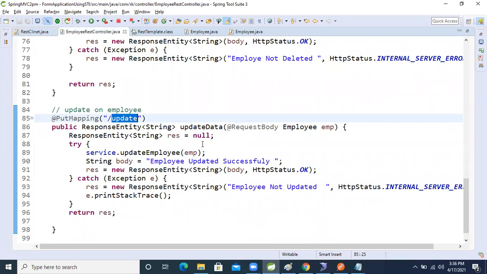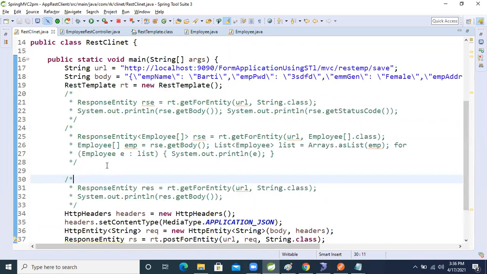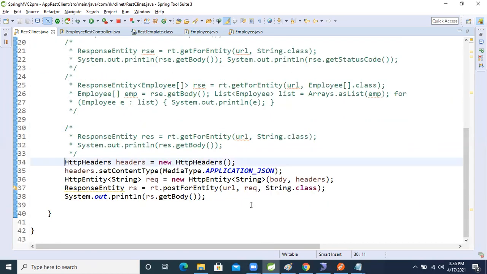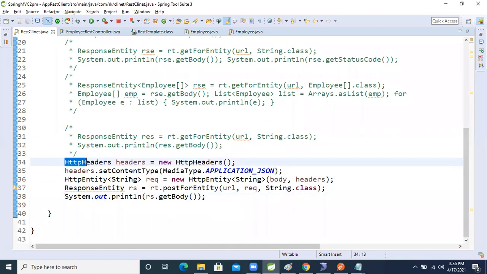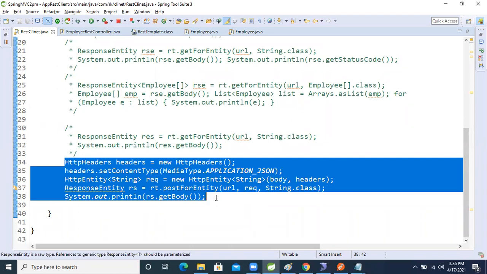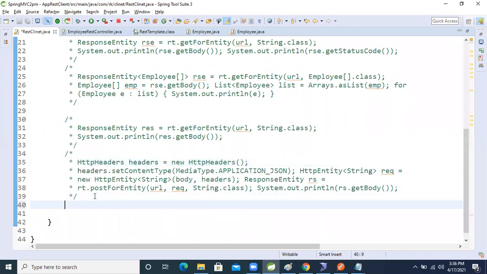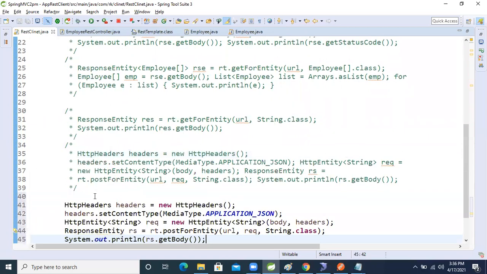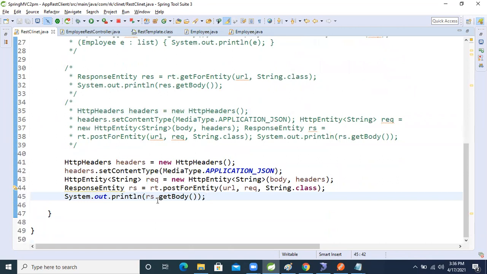Okay, so for that, copy this one. Okay now, copy this one. Come here, in our REST client. Let's comment this one. First copy this one and comment this one, guys. I commented. Now I'm pasting the same code only, guys. Same code only, where I need to change, I will give it. Don't worry about that.